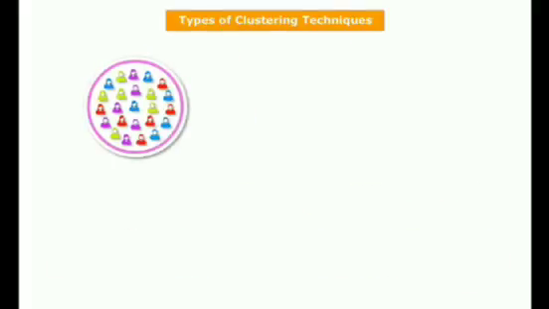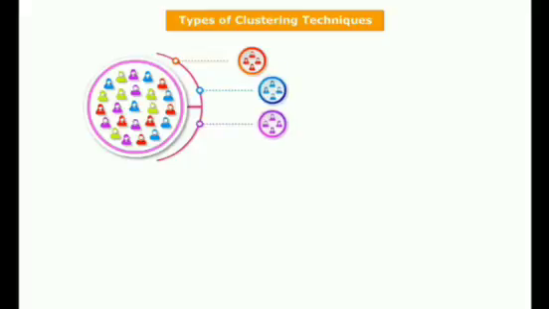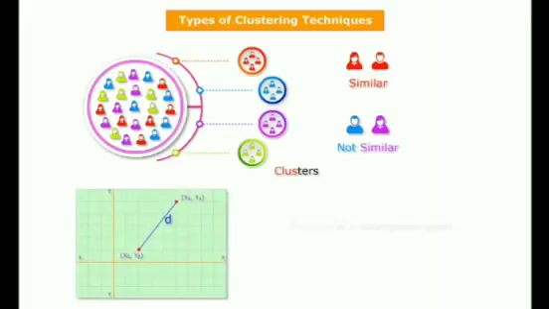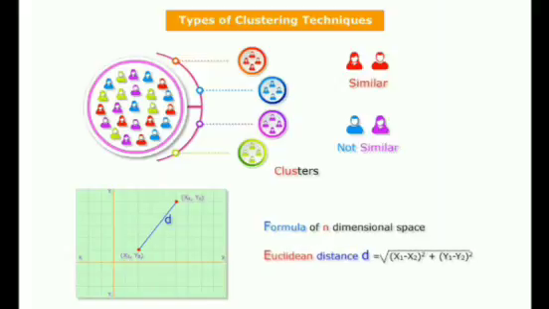Regardless of the types of clustering applications, the data mining task of clustering seeks to find the groupings in data in such a way that the data points within a cluster are more similar to each other than to the data points of the other clusters. One of the common ways of measuring similarity is the Euclidean distance measurement in n-dimensional space, which is used in many clustering algorithms. You have already learned about Euclidean distance measurement in k-nearest neighbor classification.